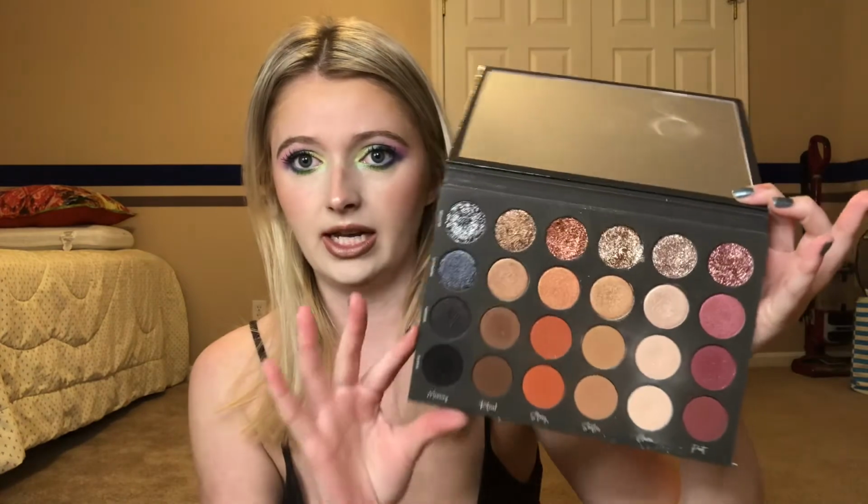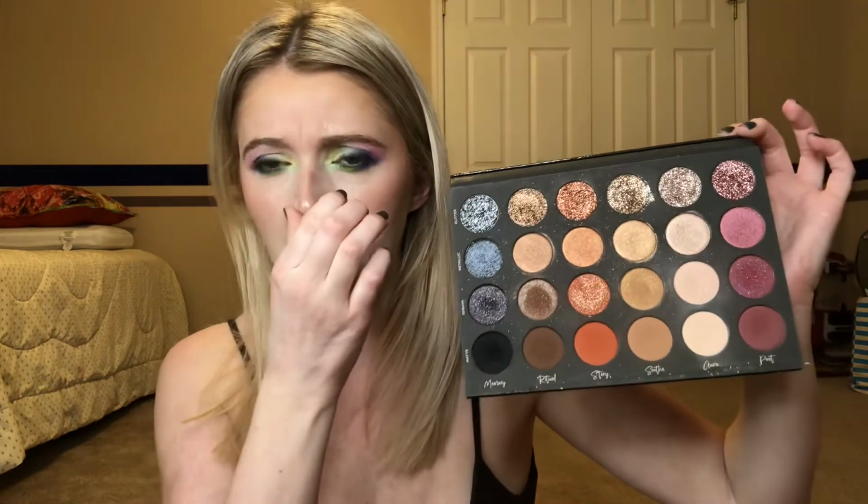Alright, next up is the Tati palette. We're getting into our new palettes that I added this year. And this is one of those ones that I was tallying last year, even though it wasn't in the project, just because I knew I was going to put it in the project this year. If you haven't seen this palette, it's the one palette that Tati from YouTube came out with, and now the brand has ended. So I feel really cool to have this because